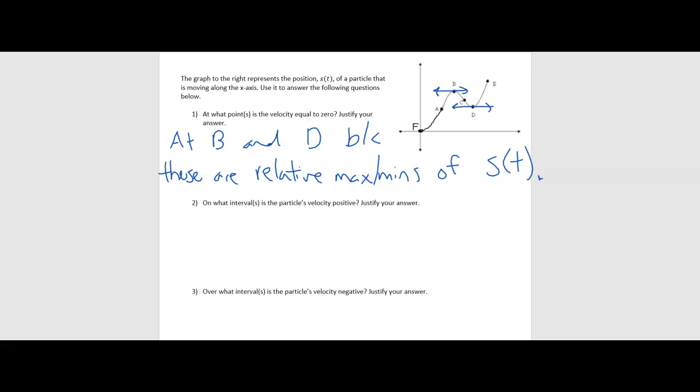All right, on to number 2. It says, on what intervals is the particle's velocity positive? Justify your answer. Well, where is the derivative going to be positive? We need to think about where the original function is increasing. So these intervals here, we are going to have from f to b, so the interval f comma b, and we also have from d to e, so union the interval d to e, because S of t is increasing